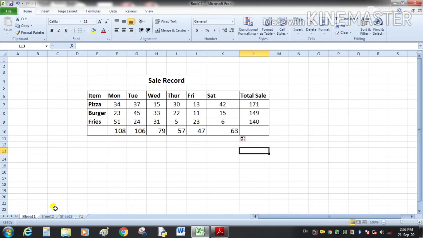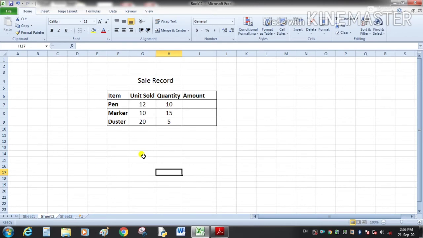Okay, and here I have some other cell records to perform multiplication. We use star as the multiplication sign, and forward slash for division.